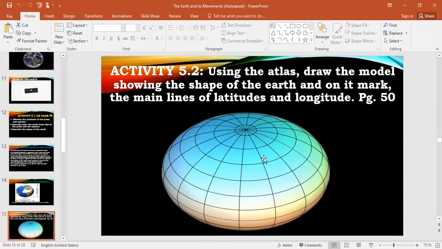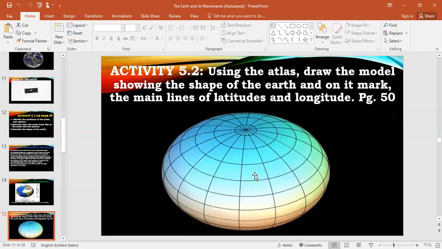Teacher, the main lines of latitudes and longitudes. In the diagram I'm seeing on the screen, there seem to be many. Are all those main? They are all main now. I need all of them. So you need to be specific to the girls, otherwise they might just pick the 3 main latitudes. Please, can I have all the lines, those lines as you see them there, not the main ones, all of them in general.